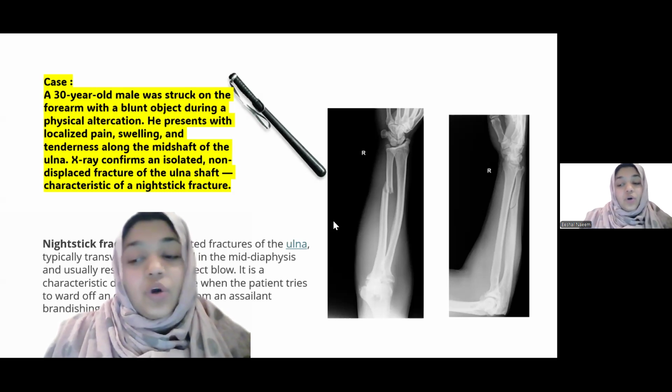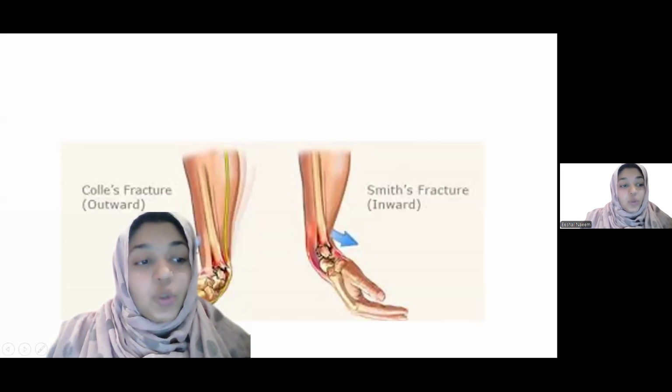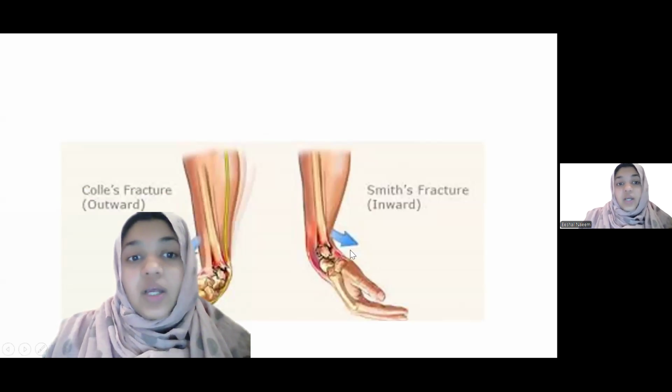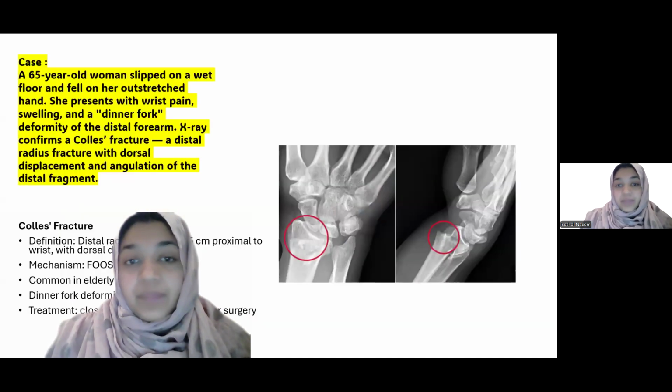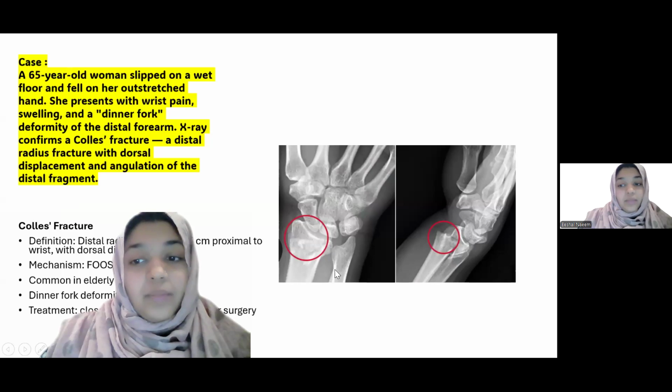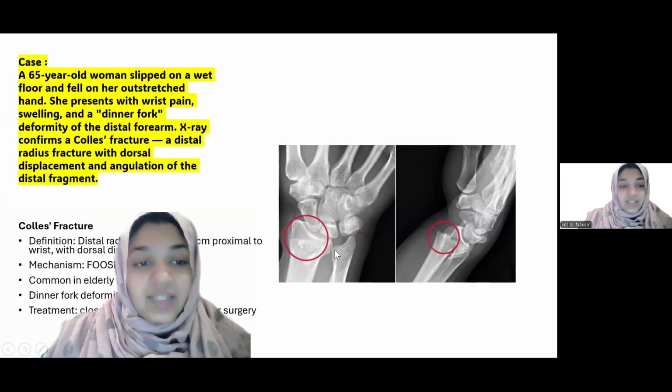Okay. So moving on. Now we have two fractures, the Colles fracture and the Smith's fracture. Now the Colles fracture happens when you keep your hand in an outstretched form, right? That's when the Colles fracture happens. And the Smith's fracture happens when the radius is displaced on the inner side, on the palmar side. So that happens when you have a flexed hand and you keep your flexed hand on the ground when you're falling. So look at this radius, how it's displaced here.